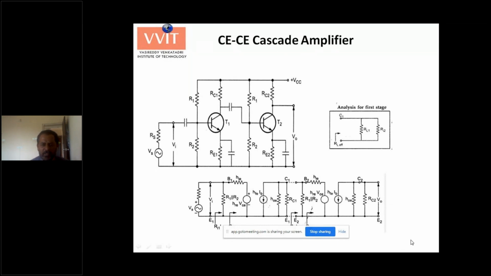This is the overall output resistance. Now, while working with this problem, you have to remember those 4 formulas which we have derived in low frequency small signal analysis. You know the formula for A? Minus hfe divided by 1 plus hoe into RL. All those formulas must be kept in mind.